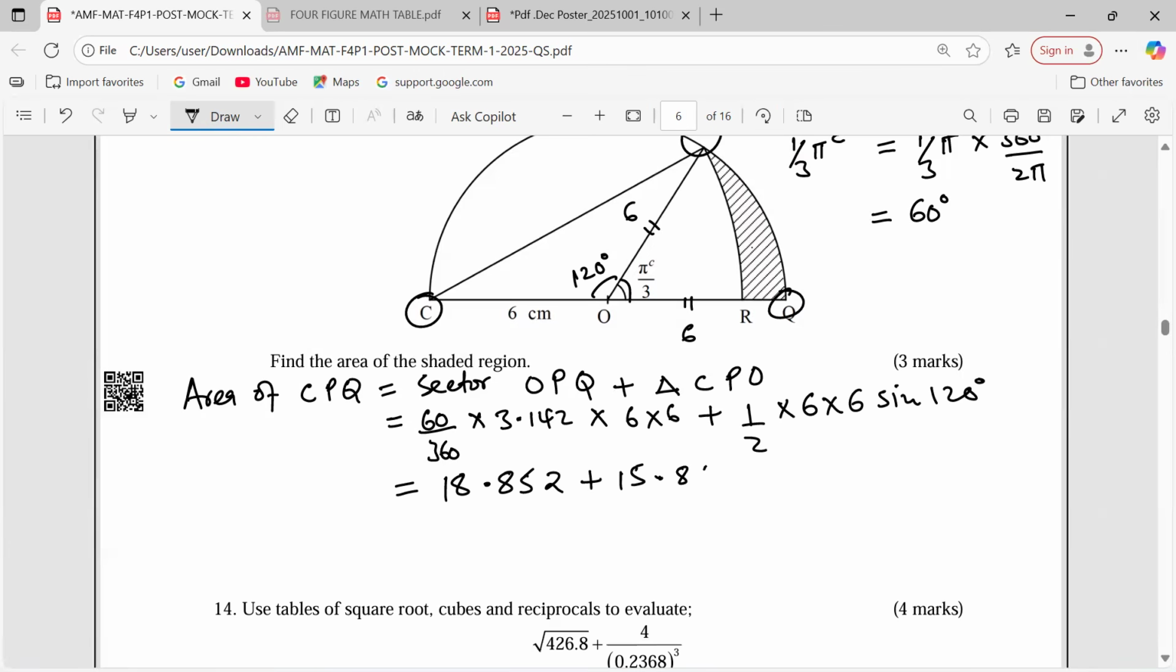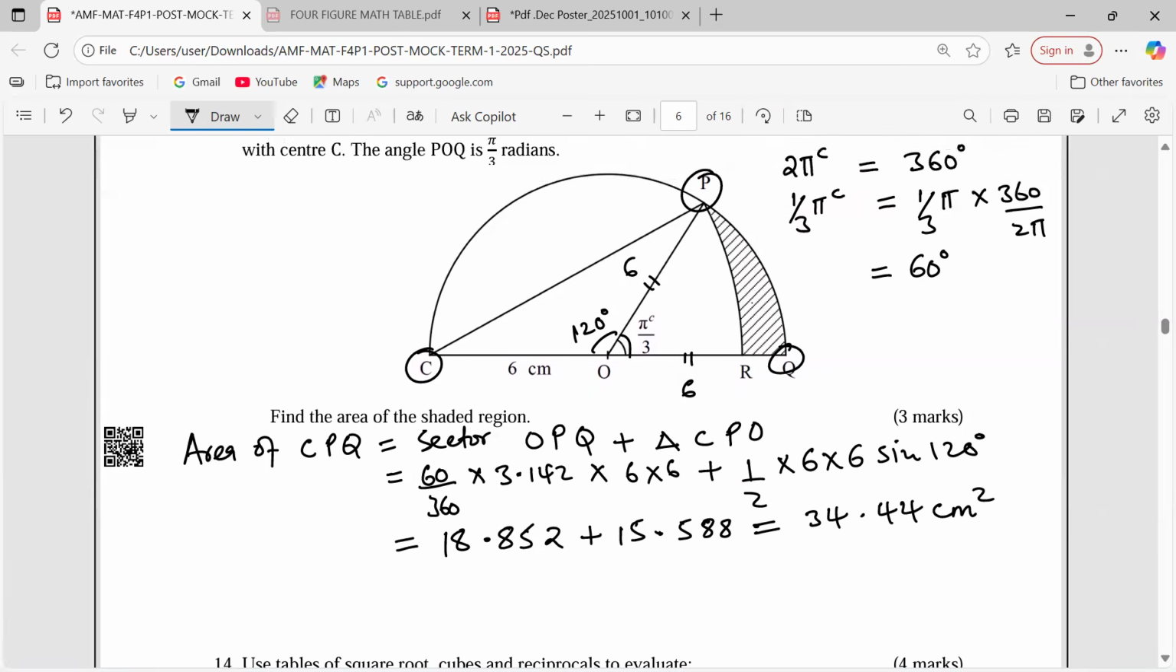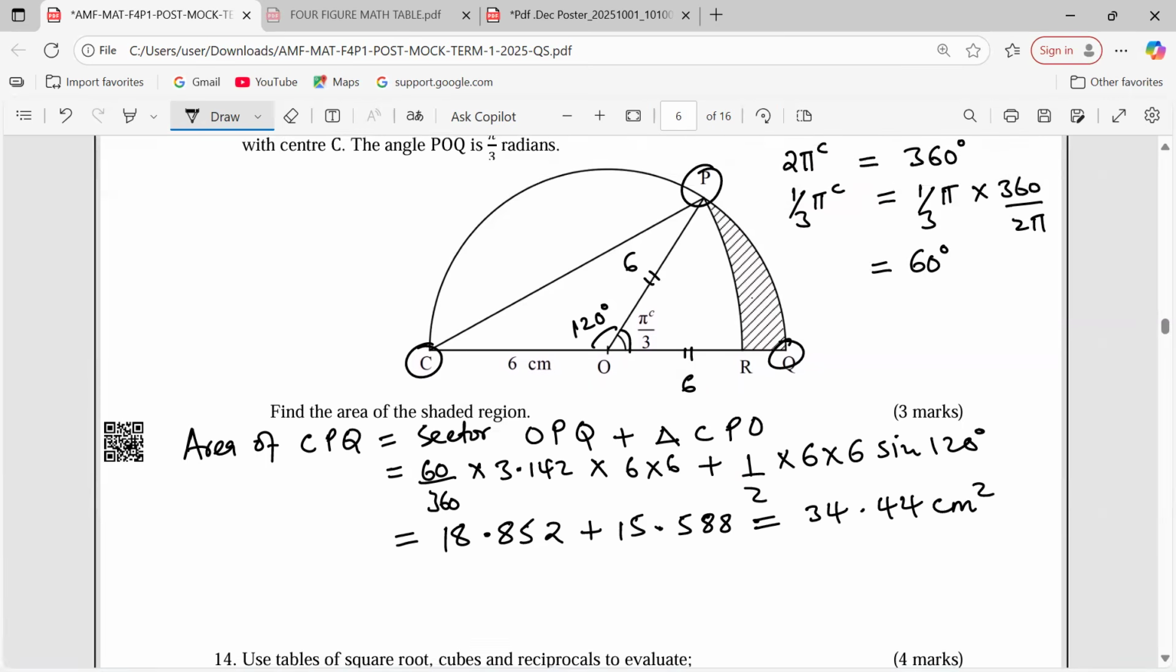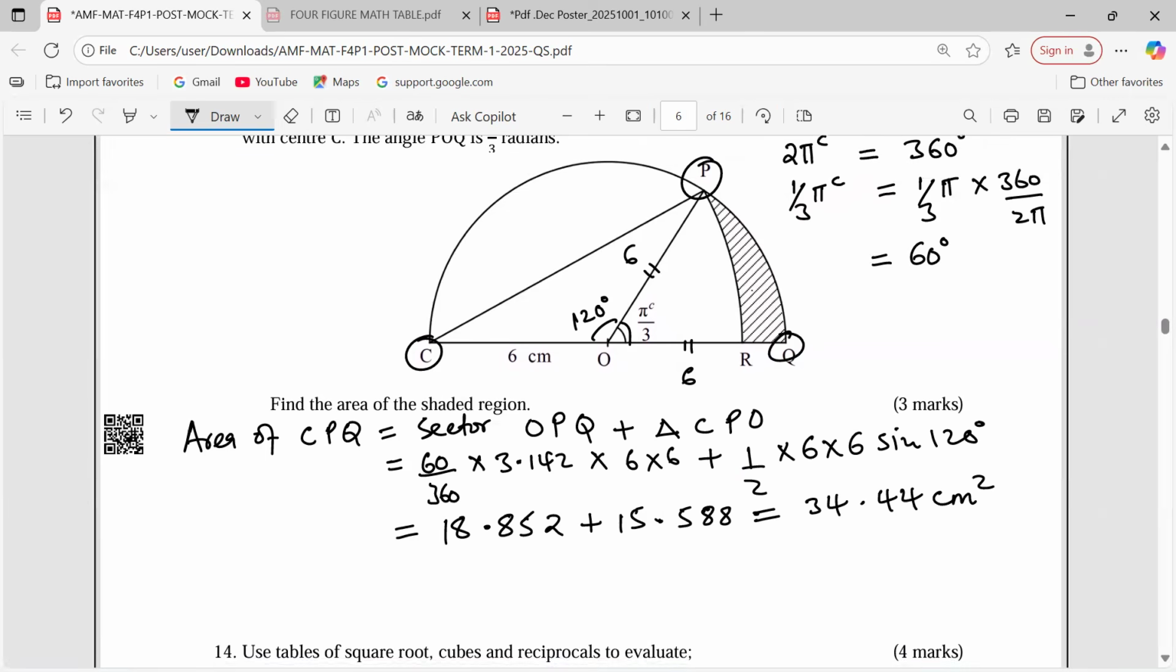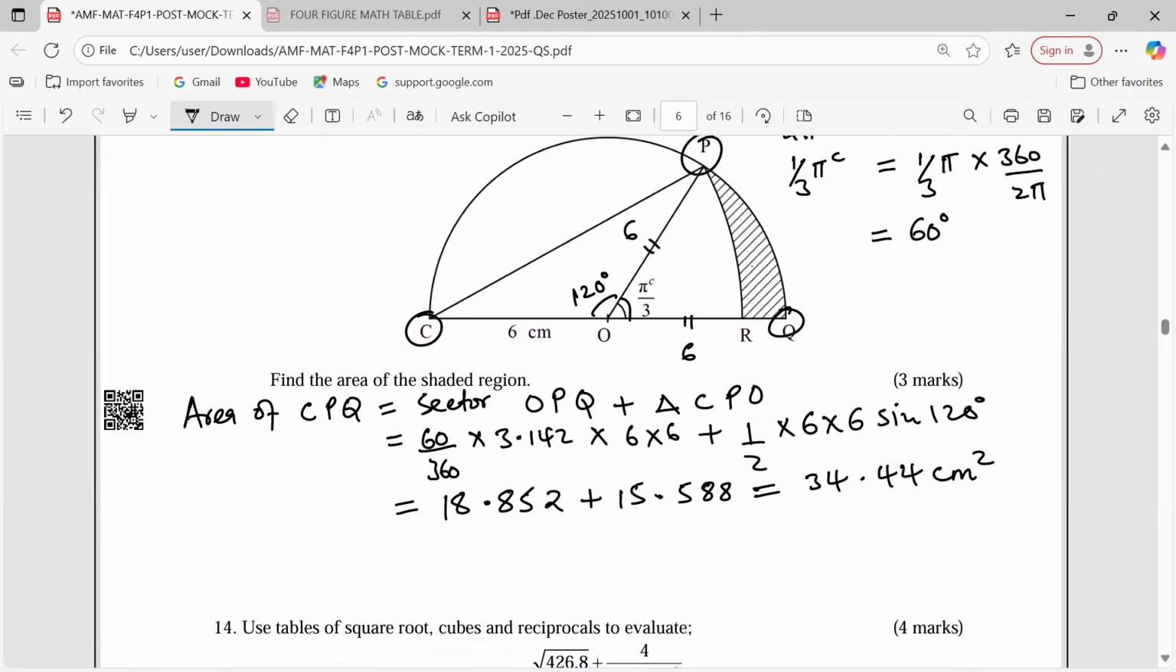15.588. Yeah. So now we combine these and we get 34.44 to 2 decimal places. Then after getting such area, now we can subtract from the whole area. We can subtract